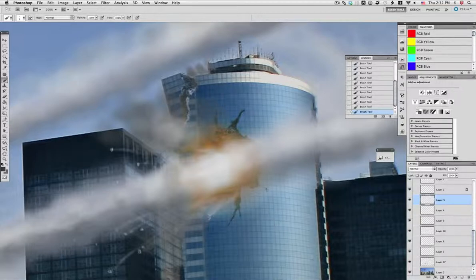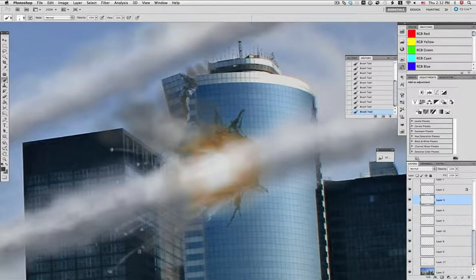So we'll just be adding a little bit more of this that indicates the building is coming apart. Some random sections that are cracking,